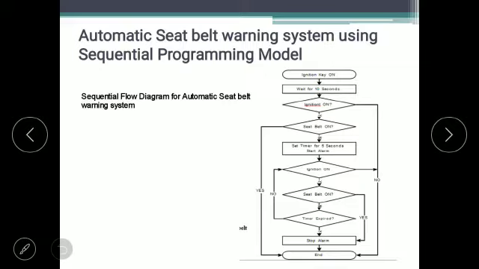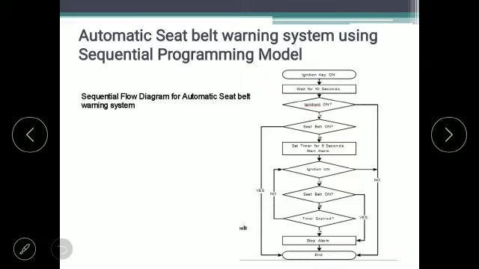First, obviously the first step is the ignition key. We have to check whether it is on or off. If it is off, then there is no point, because the vehicle itself is off, so there is no need of a seat belt. The whole process will start once the ignition key switch is on. Then wait for 10 seconds. You give some time for the driver, allow him to wear the seat belt. Because if the siren started after 1 millisecond, there is no use; the driver has to sit, he will switch on the ignition, then he will adjust his seat, then he will plan on wearing the seat belt. So give him a sufficient time of 10 seconds.